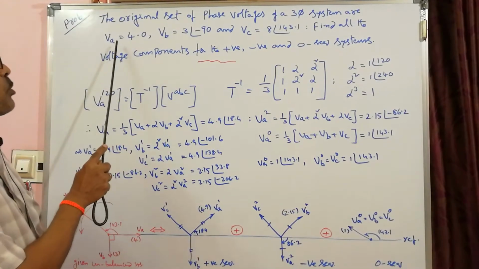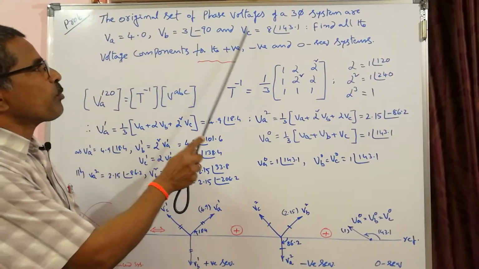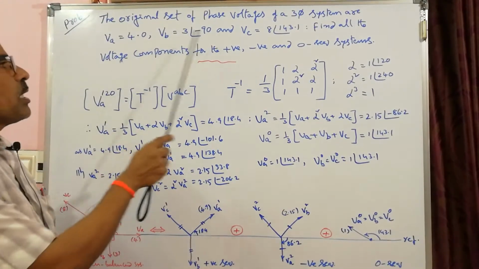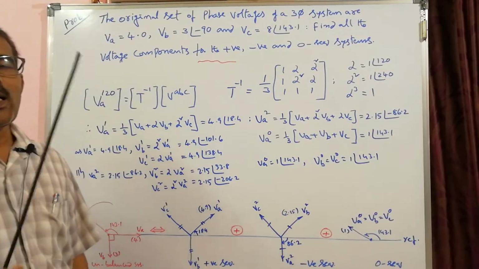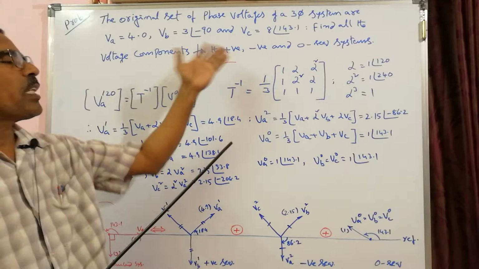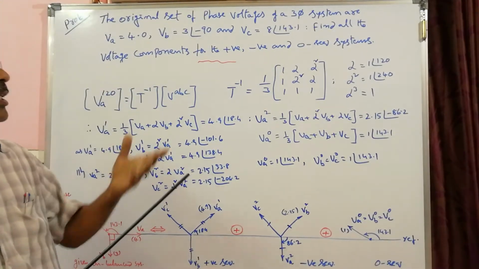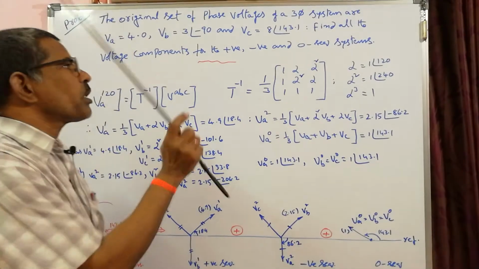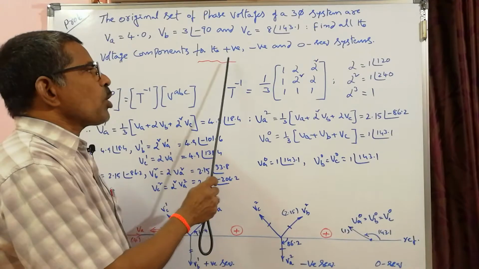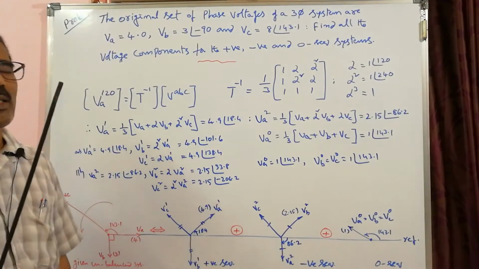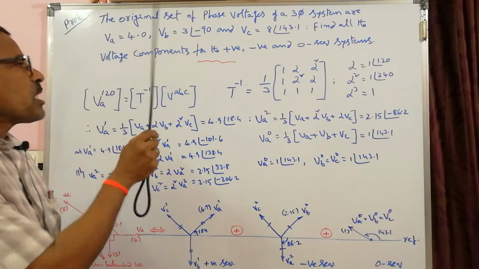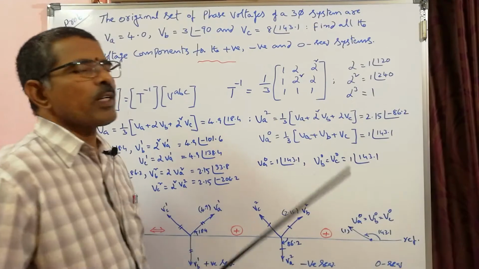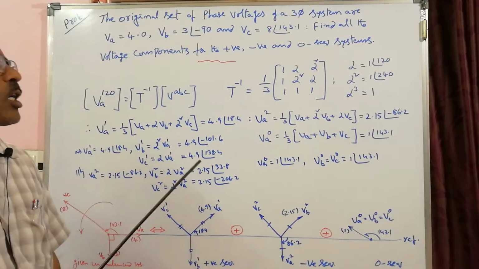So, you can clearly observe VA, VB, VC, the magnitudes are different and also the phase angles are not 120 degrees. That means these three phasors are not symmetrically spaced and also do not have equal magnitudes. So, it is a totally unbalanced system of voltages. Three-phase unbalanced voltages are given. You are asked to find positive, negative and zero sequence components of the system. So, total 9 symmetrical components you are asked to calculate.